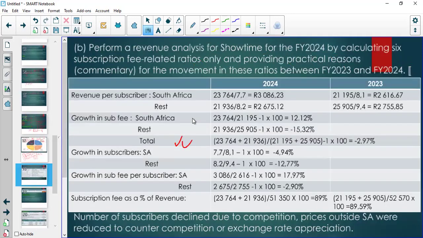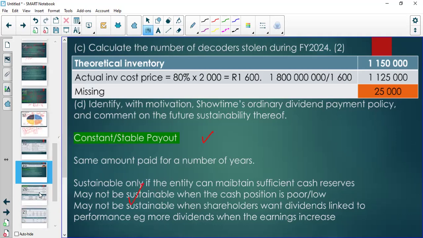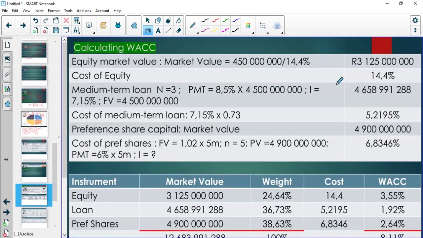these are some of the attempts that were done, so you can perhaps look at that. Right, this is the inventory. That's the constant payout. So we did this, and the market value of equity is that, and the cost of equity is that. Then the medium-term loan, this is what we did. If you look here at my